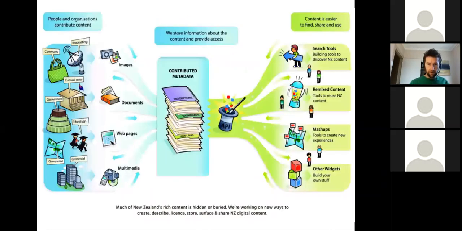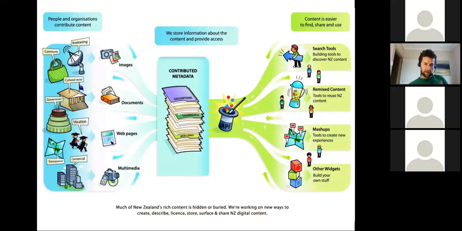If we step forward to the slightly blurry magic hat diagram, what we call at DigitalNZ the magic hat diagram. This is a really useful visual representation that will help to explain what the DigitalNZ API is and where it sits. And this is the only way I can ever explain DigitalNZ as a whole. On the left, some of you might be familiar with it, we've got organisations, people from all different sectors, just all the content that is out there, wherever it is, in whatever format it is, coming into